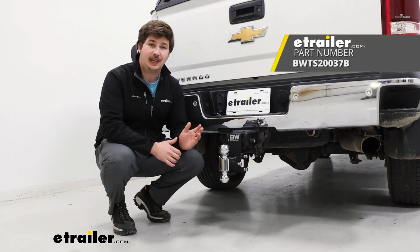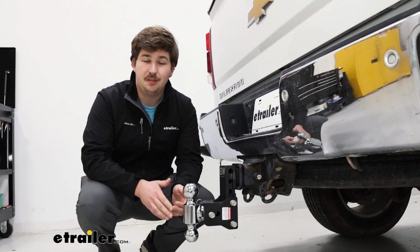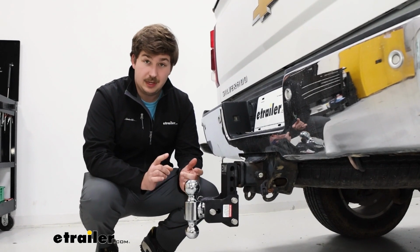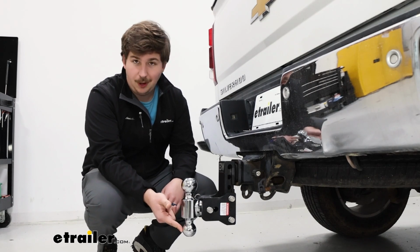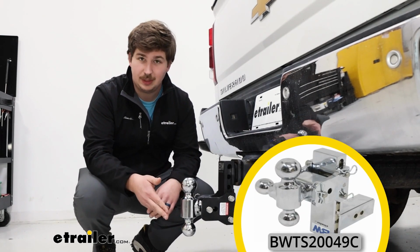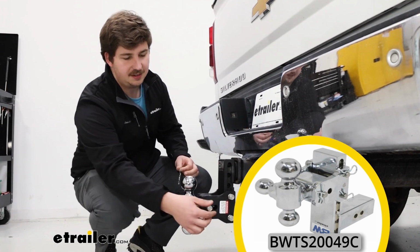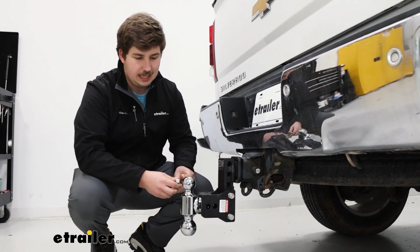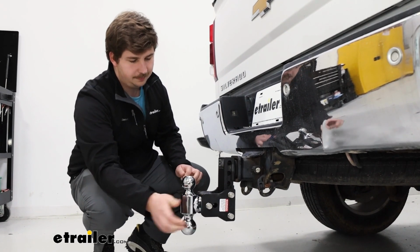Today we're going to be taking a look at this B&W Tow and Stow ball mount for 2.5-inch hitches. So the Tow and Stow is a really popular ball mount. This one in particular is going to be a dual ball mount, so you get a 2 5/16 inch ball and a 2-inch ball. You can get these in tri-ball configurations if you need that 1 7/8 inch, but this one is just going to be the 2, and they're very easy to switch out because you just pull that pin, spin this around wherever you need, whether it's to that 2 5/16 or the 2, repin it, and clip